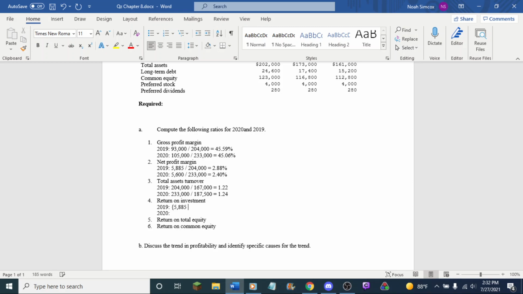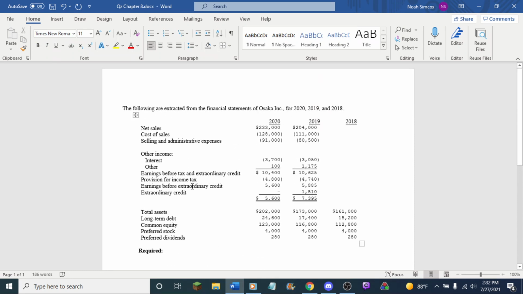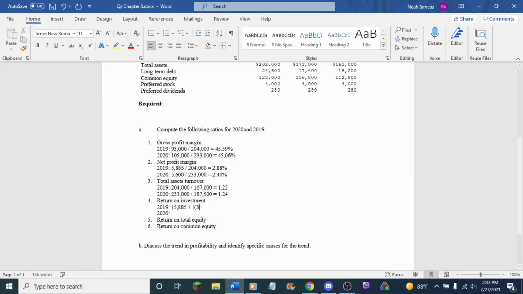And then you do plus, and then brackets. What is the interest expense for the year 2019? Okay. The interest expense for the year 2019 is 3050. Then you do times 1 minus